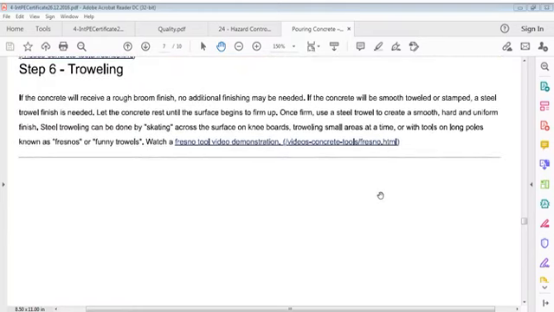If the concrete receives a rough broom finish, no additional finishing may be required. If the concrete will be smooth troweled or stamped, a steel trowel finish is needed. Let the concrete rest until the surface begins to firm up. Once firm, use a steel trowel to create a smooth, hard and uniform finish. Steel troweling can be done by